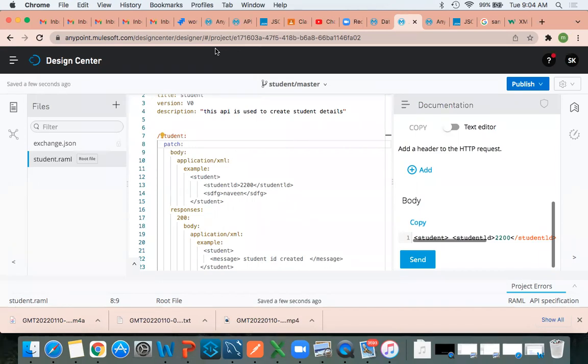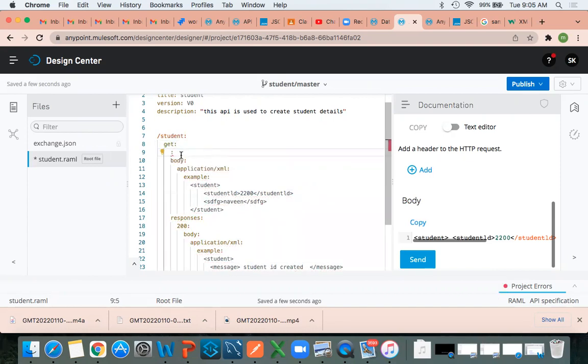So first you learn how to build an API. Then in future classes, I will explain where you want to use the get method, where post, and where patch. For the moment, don't think about patch or get. Suppose if I write the get method here, I may get an error.